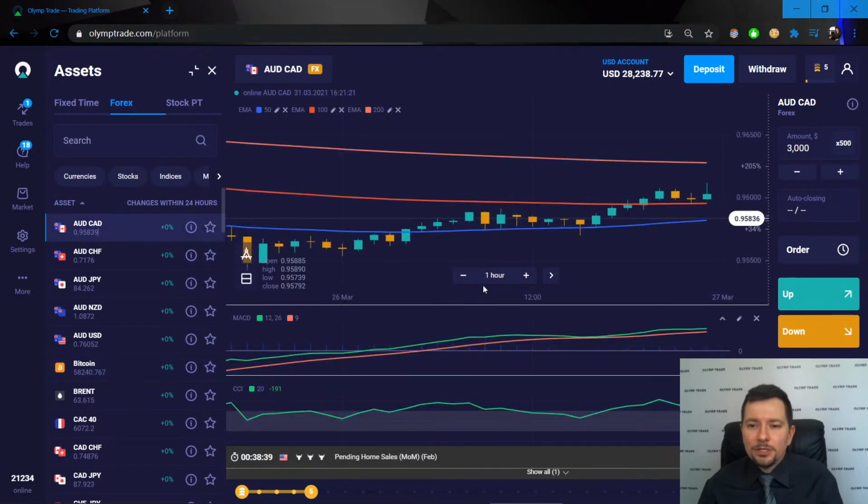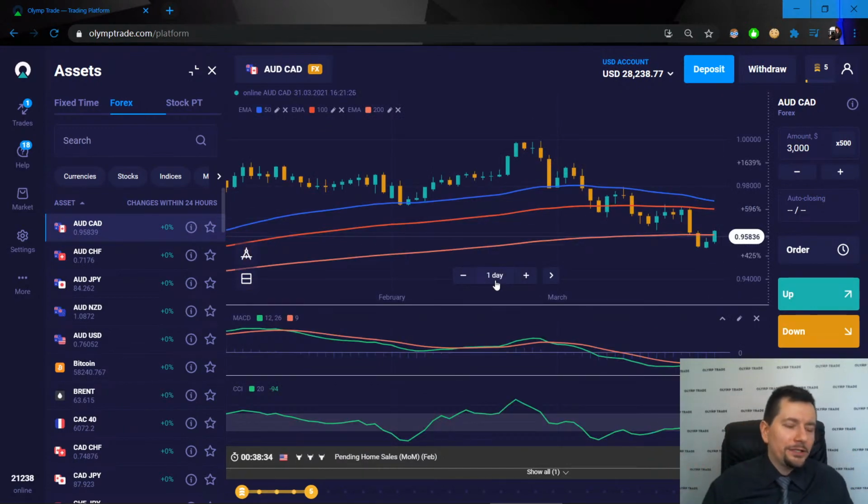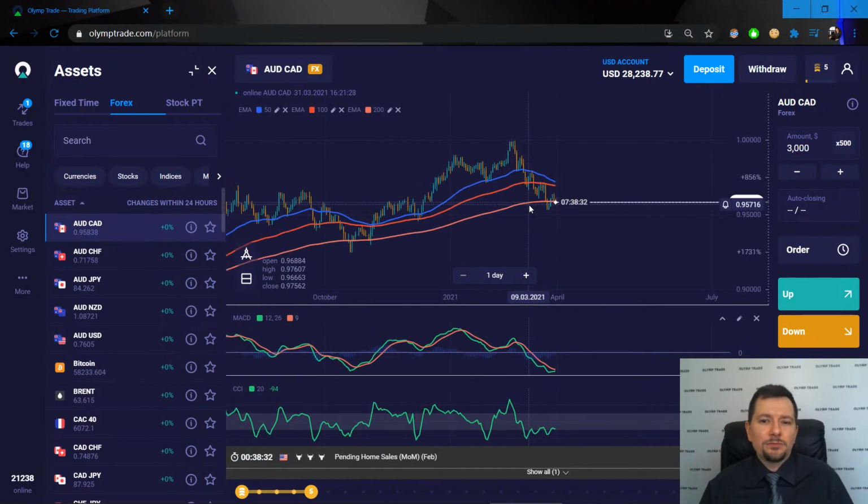I'm going to have a look at some currencies. And this is also super important, guys. Super important in your trading. Use multiple time frames, right? The 1 day time frame gives you a lot of